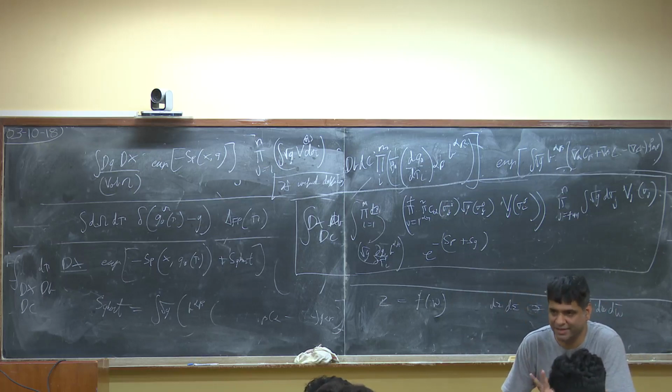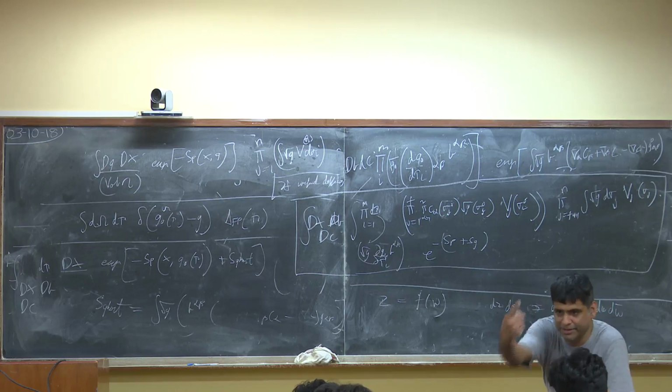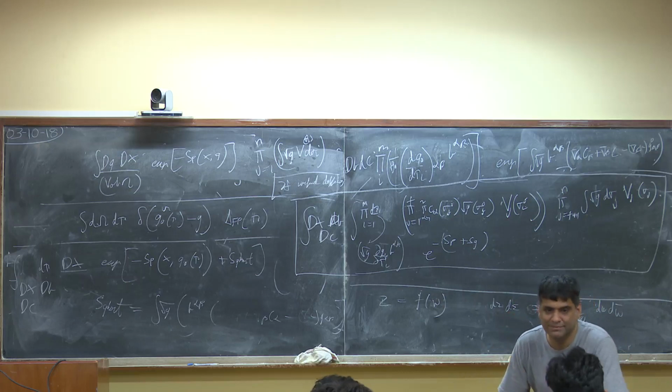Genus 0, f is going to be 3. On the sphere, f is going to be 3. It's SL2 R. Okay. So suppose you just wanted to put 2 insertions. Because these 2 insertions are on shell, what you're doing is trying to compute a 2-point function, like a kind of scattering amplitude, or like a propagator, but on shell. Now what do you know about a propagator on shell? It's infinity,